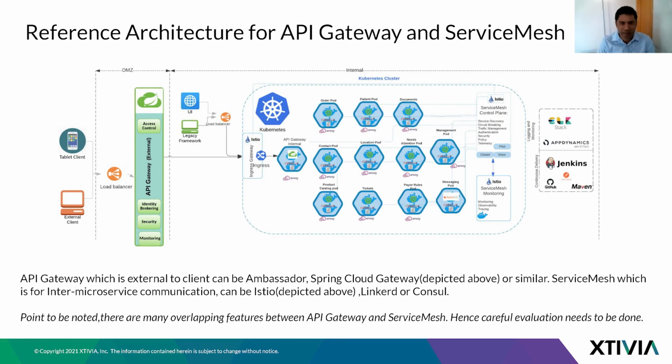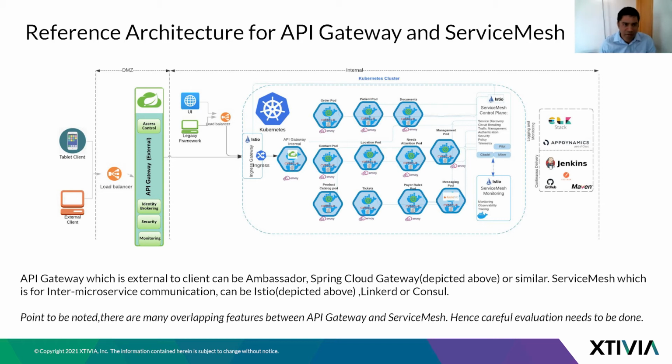Okay, so what you see here on the screen is a reference architecture for an API gateway using service mesh, and all of that is built on a Kubernetes platform, right? In this reference architecture, I have depicted the API gateway to be the Spring Cloud Gateway, which we just talked about, and for service mesh, we are leveraging Istio. So if you see here, your incoming request came through a load balancer,